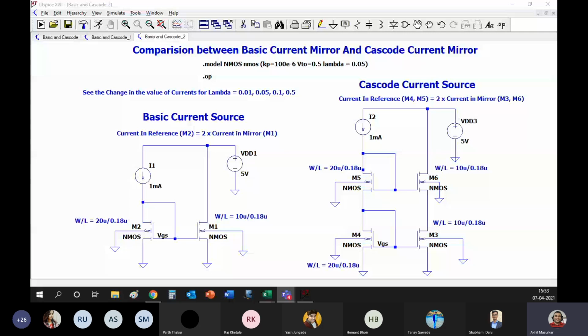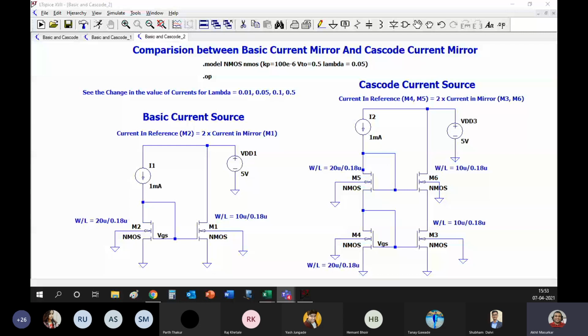So I will not say that basic current mirror is bad. It can be used when you want high voltage swings, but you have to deal with channel length modulation by increasing the size of the transistor. Whereas if you want to make smaller transistors, then CLM will come into the picture, and somehow you cannot use bigger transistors. So in that case, you can go for cascoding, but cascoding will reduce the voltage headroom, that is the amount of voltage swing.